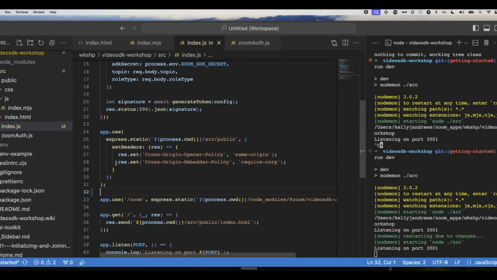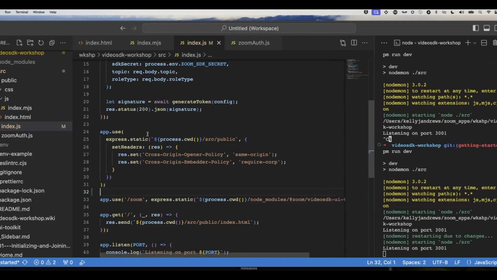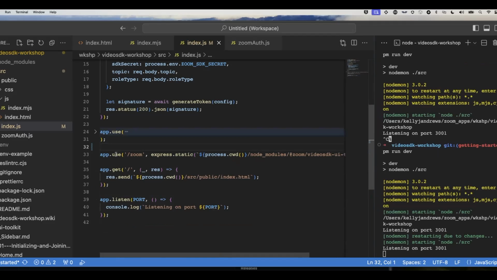One is how Express and static files can be served. So the npm module for the Zoom UI toolkit is brought in. How do I access that? We're actually skipping this larger one here. I'll come back to that in 1 second. But this particular one here is